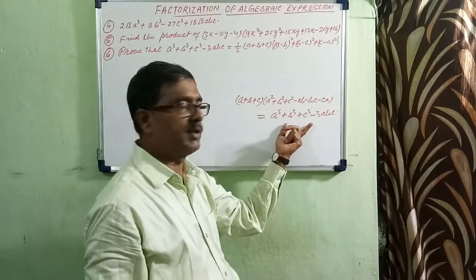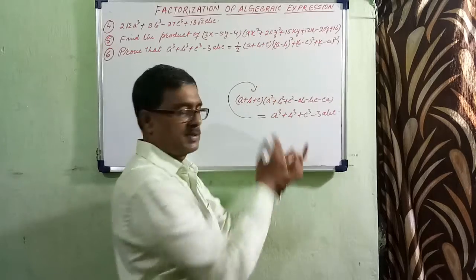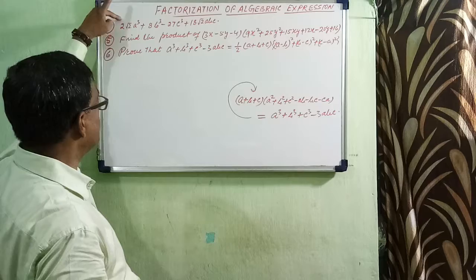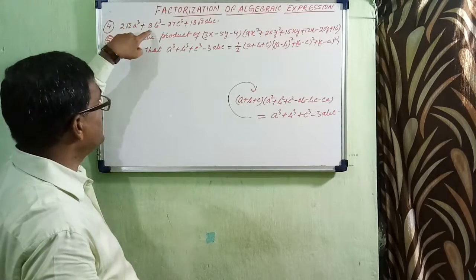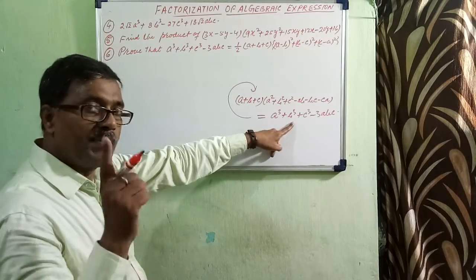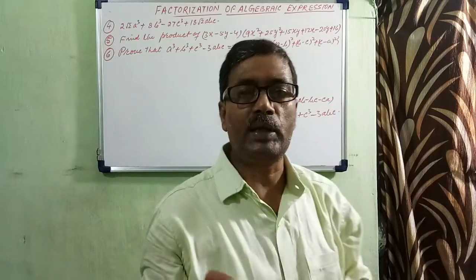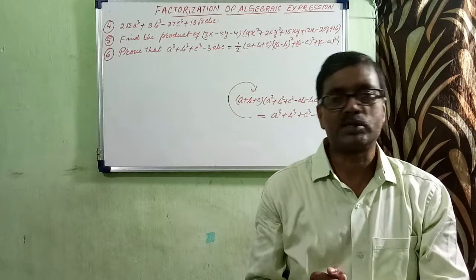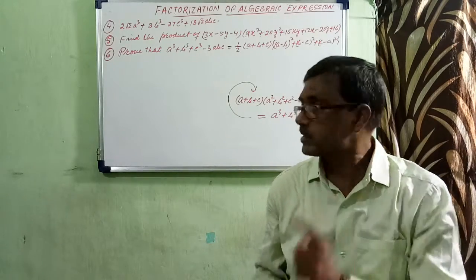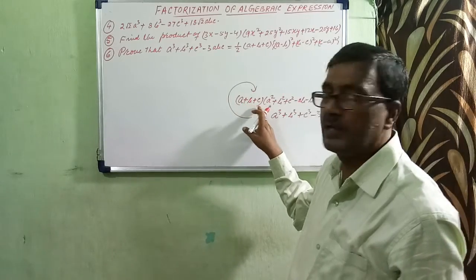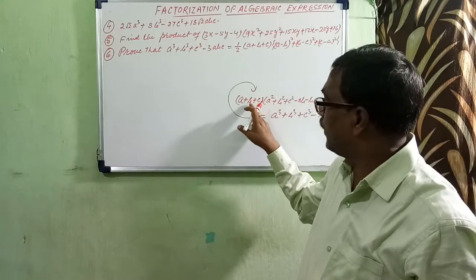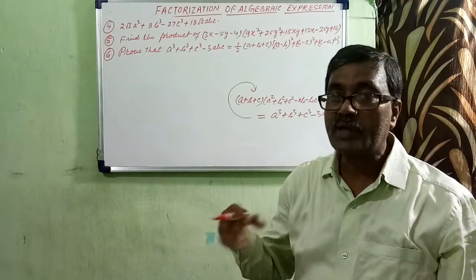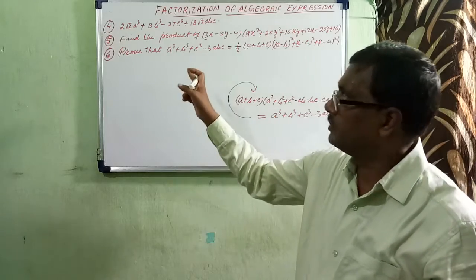If this result is given, you can find out the factors, and that's why I have given two different types of questions, this and this. Remember always the values of a, b and c must be kept in the bracket and must be taken as positive, because here you have a plus b plus c. The value of b may be negative, but you have to recognize it in positive form. How can we convert into positive form? That I will see here.